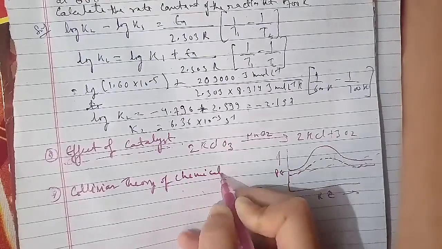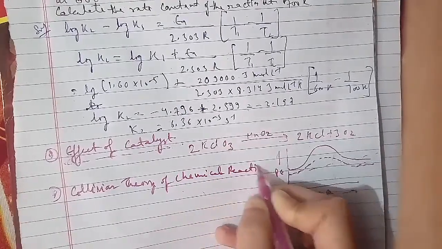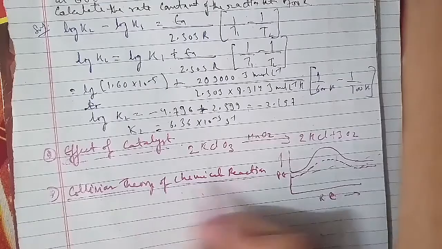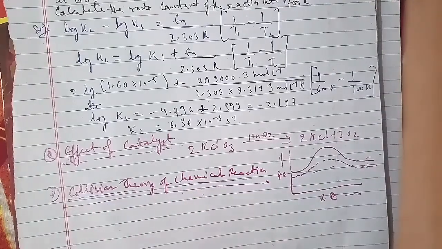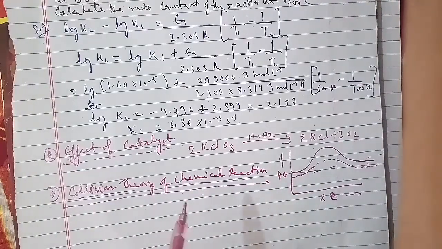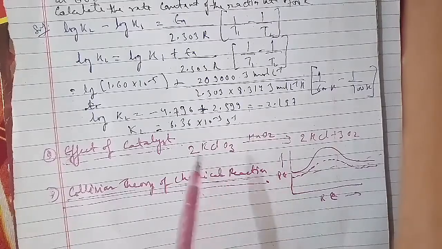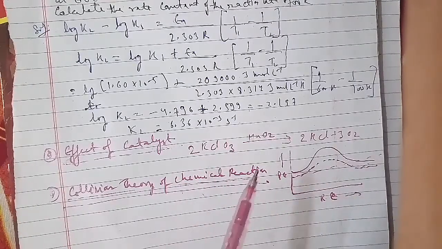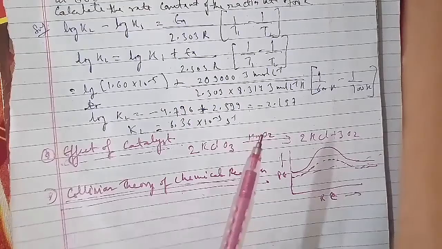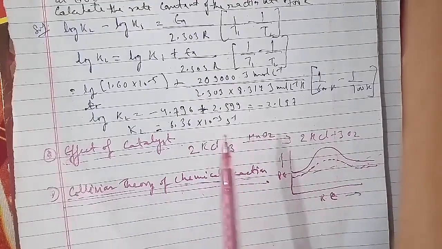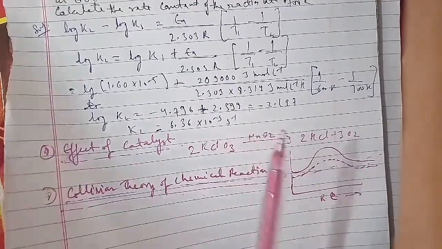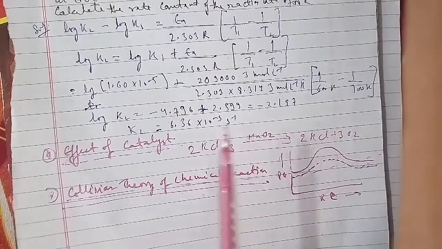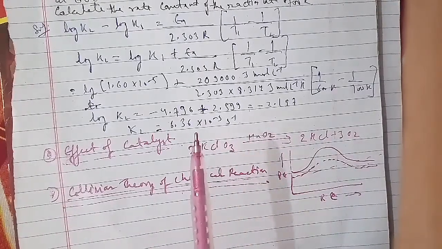are assumed to be hard spheres, and the reaction is postulated to occur when the molecules collide with each other. The number of collisions per second per unit volume of the reaction mixture is known as the collision frequency. Another factor which affects the rate of a chemical reaction is activation energy, as we have already studied, here for a bimolecular elementary reaction as well.